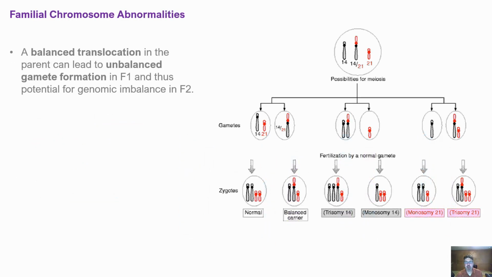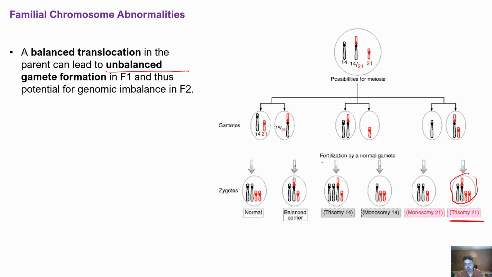Now, let's suppose we have a balanced translocation. So here we can see that we have a translocation 14;21, and you're going to see when they have their own children, that balanced translocation then can result in other disorders. In this case, you can have a trisomy 21 Down syndrome, right? And that's going to be if that balanced translocation gets fertilized and then that individual will have too many. Of course, you could also have